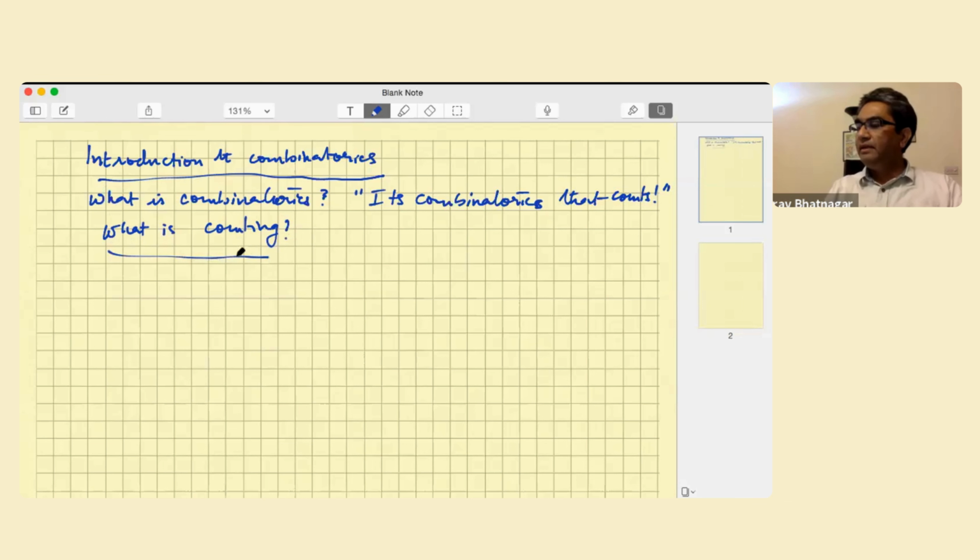So we are starting from the very beginning in some sense. So this is trivial stuff essentially. But let A be a finite set. The cardinality